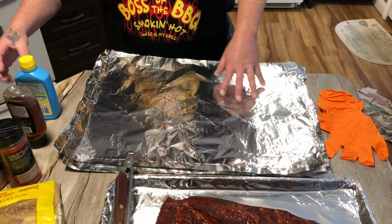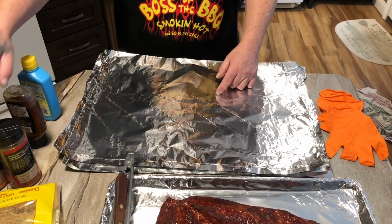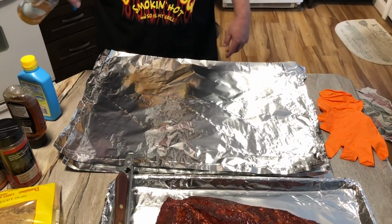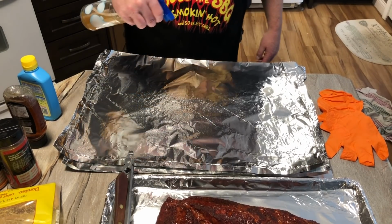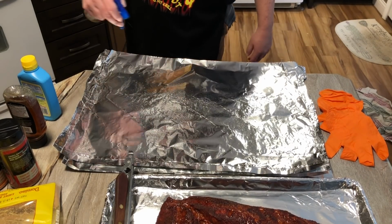All right, folks. Now it's time to wrap the ribs. I'm gonna do my rack first because it's in the front, and all I'm gonna do with that one is spritz it. I don't want mine as sweet as my wife's, so I'm gonna spritz it with a little bit of apple juice and apple cider vinegar. Keep a little moisture in there,